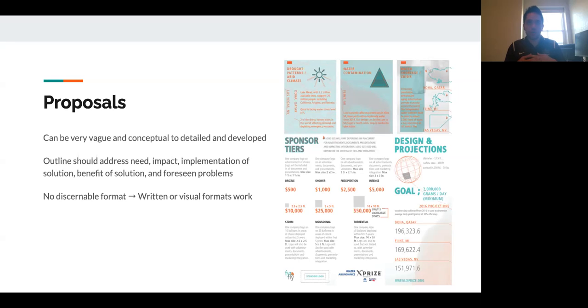And it can be for the mutual benefit, it can be for the exclusive benefit, it can be for societal benefit. And the proposals don't have a discernible format. It's all about visually communicating all of these problems, all these things you're trying to accomplish, all the things that your project will solve into a coherent method where you can leverage, say, advertising space,